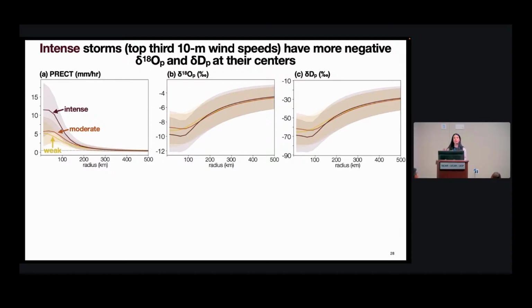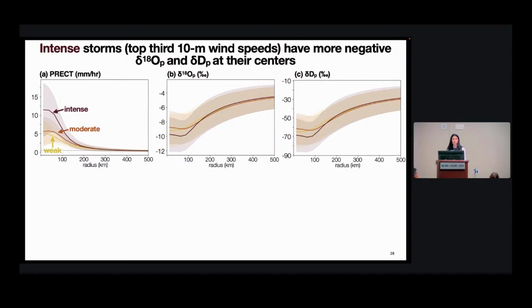We're not going to be capturing the full range of tropical cyclone intensity, so 4 or 5, in this 25-kilometer simulation. That's why I've just broken it up by the top 3 most intense storms and lowest 3 for now. But something I could do in the future is bias correct. Anyways, this shows that the most intense storms do have higher rain rates and also more negative precipitation isotope values